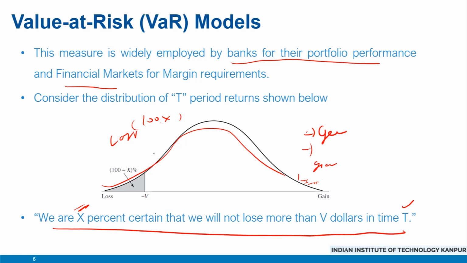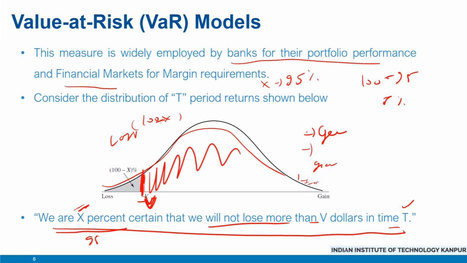which means if we want to be X% certain, then we are looking at, on this distribution, the 100 minus X percentile. For example, if X takes the value of 95, then what we are looking at is 100 minus 95, which is the 5th percentile of the distribution, which should be somewhere here. This would generally be a loss value, a negative return. So we'll say that this value V is the loss that we are 95% certain we will not lose more than,